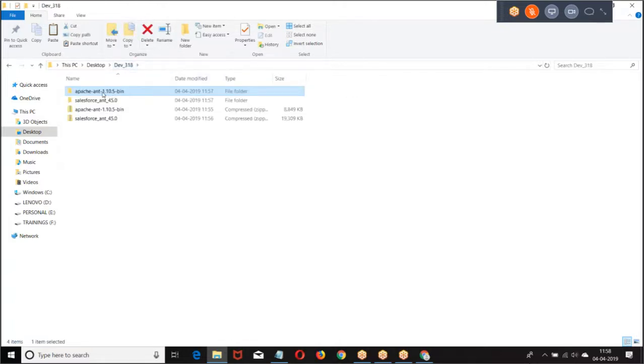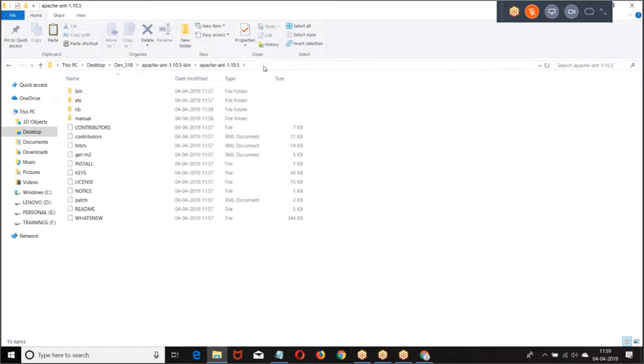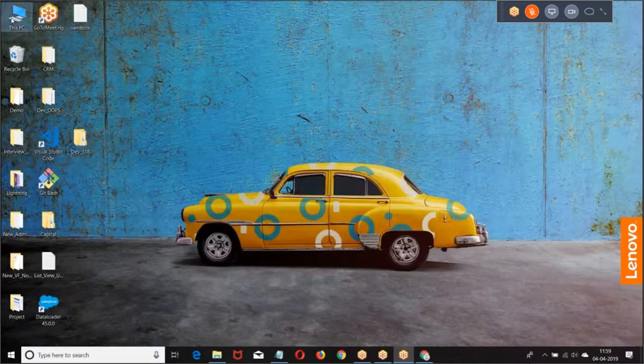Then what are we supposed to do? Set the environment variables. We downloaded, we extracted, and the ant-salesforce jar file is pasted into the Apache Ant library files. Then we are supposed to set the environment variables.